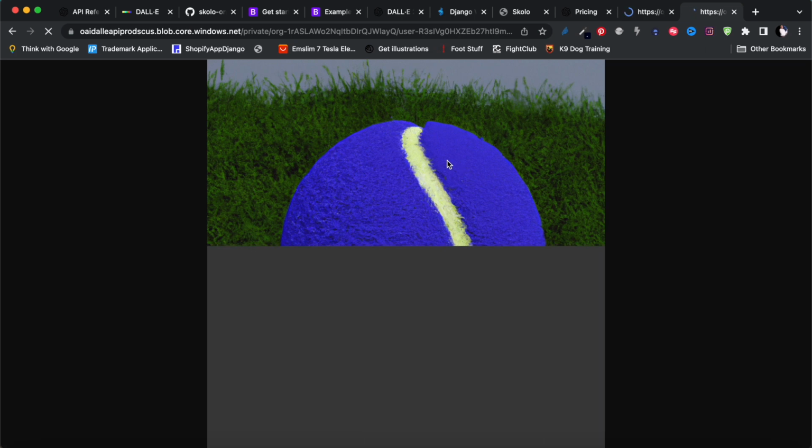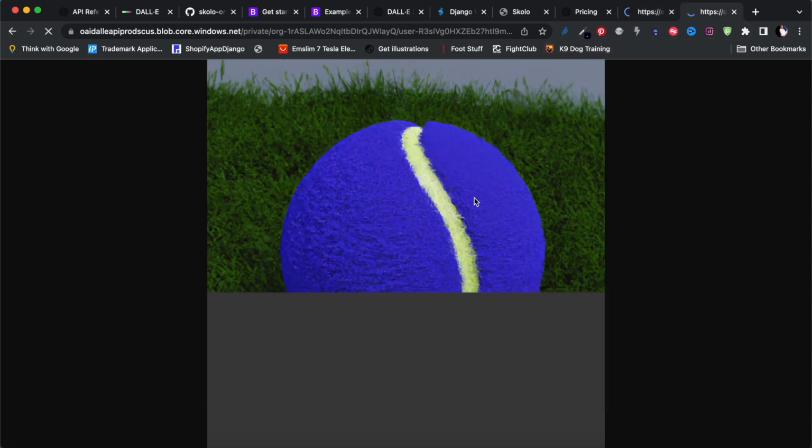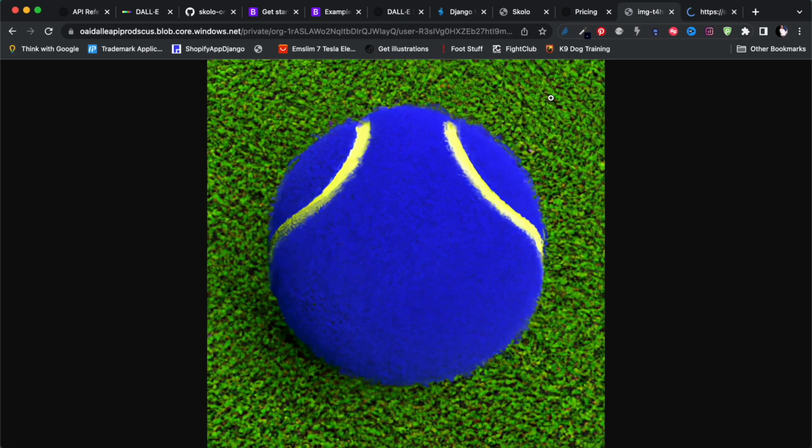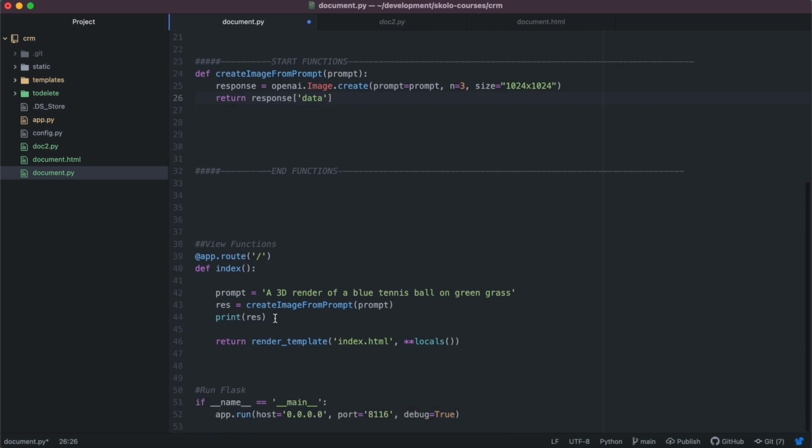I asked for a blue tennis ball on a green grass background. Okay, so that's done already, and that's done already, and they look pretty similar. Like, how different would a blue tennis ball on a green background be? So all we need to do inside of our application is perhaps just display this, right? So let me say I wanted to display this response over here. Instead of printing it over there, I could say,